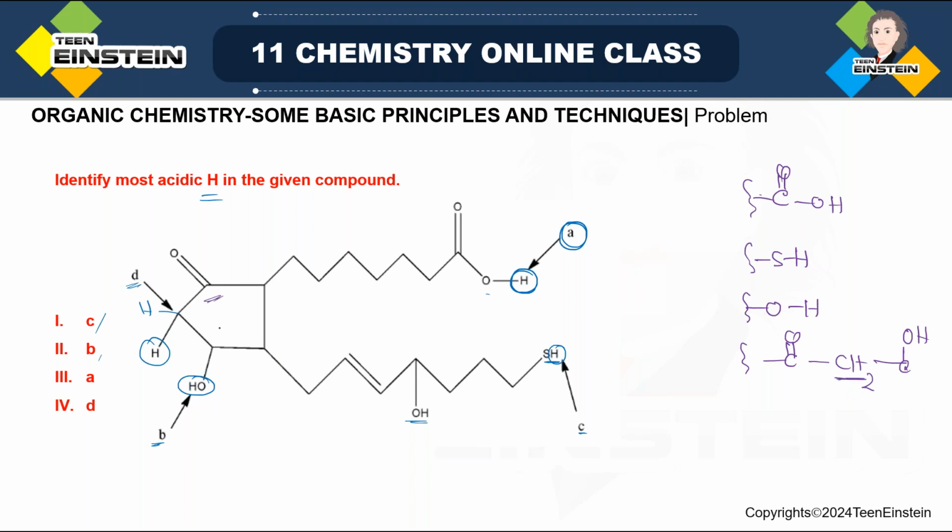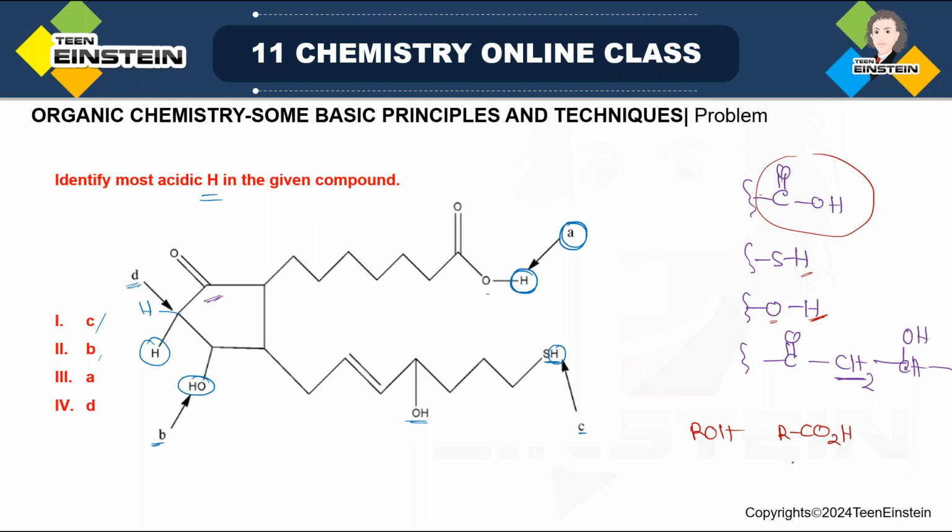On one side a CO group, which is electron withdrawing, on the other side we have OH. Now CO2H, as we call it, is carboxylic acid. We also know that here H is attached to oxygen, H is attached to sulfur. They also have some acidity. But if you simply compare alcohol and carboxylic acid, obviously the carboxylic acid will be most acidic,